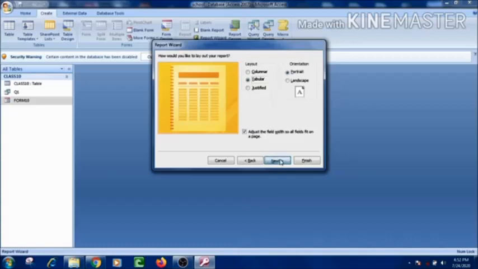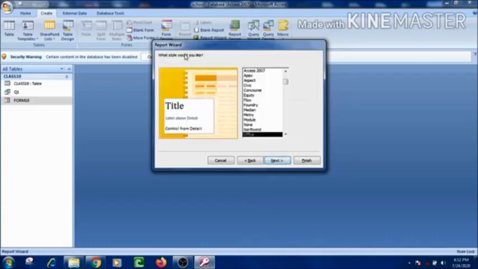Now I will click on the next button. In the next wizard it will ask you to select the styles. So many styles are there, you can select any one of them, but the standard one is the office style. It is considered as the standard one. After selecting the office style, I will move to the next.